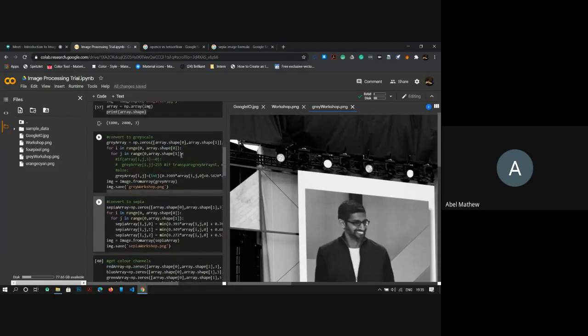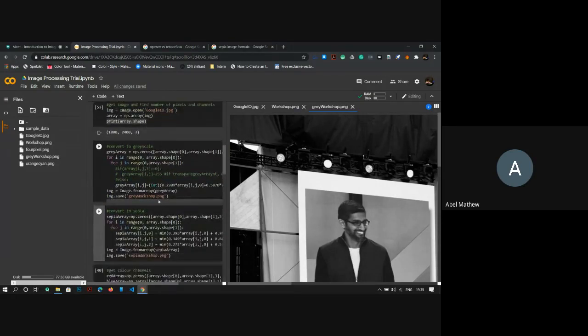Okay, we had taken the Google I/O image, but we had named it as Workshop. So it is taking the I/O image and converting it to PNG, which is the grayscale, and this is what happened. Okay. We can do the same thing for sepia. So let us do the sepia thing